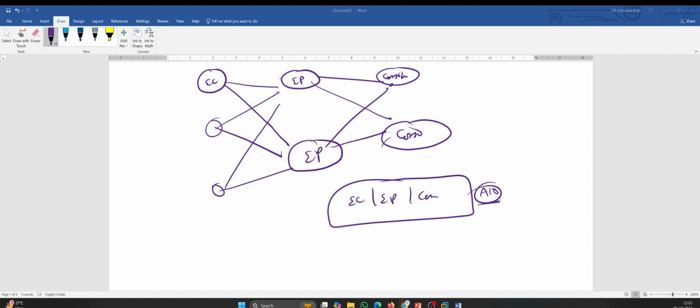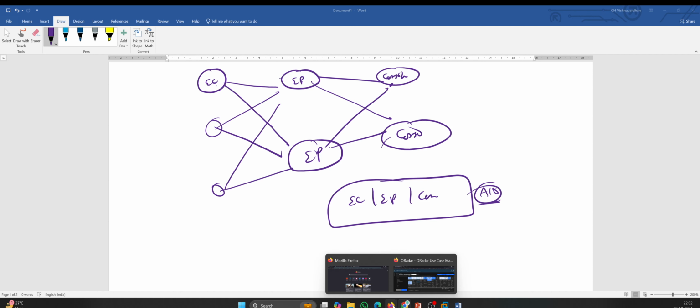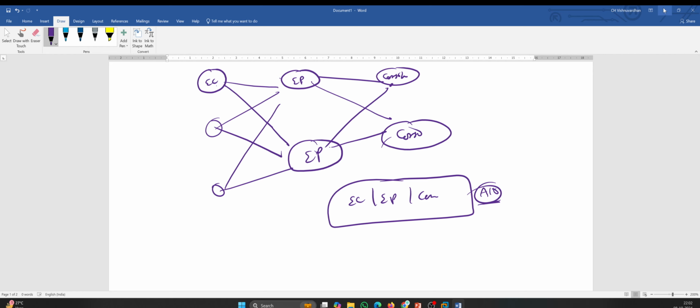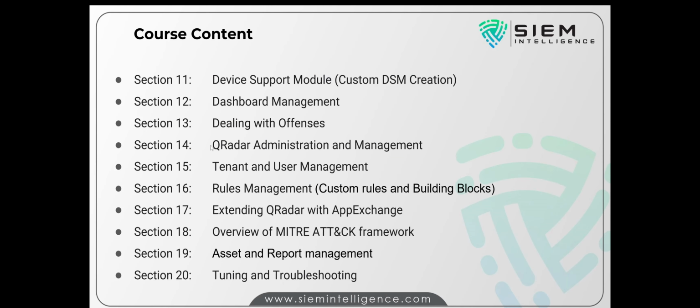Can you tell me what you will brief in section 14 and section 16? Which one? Section 16 and section 14? Okay, administration and management, and rules management, right? Correct. In the administration and management, as I showed you,